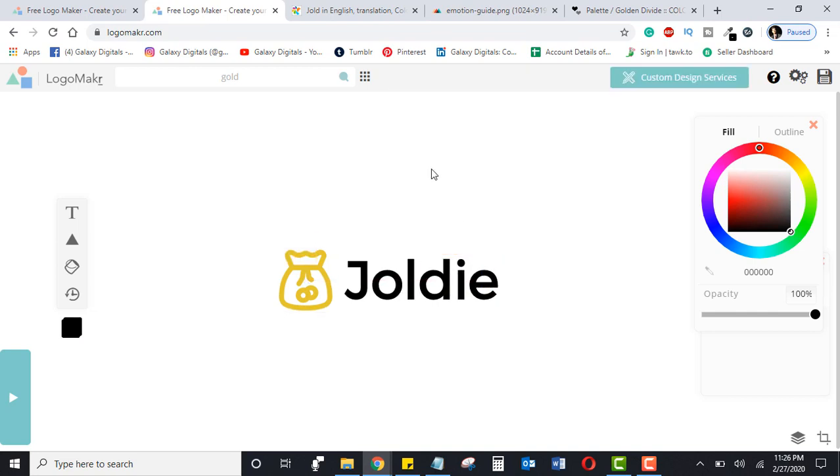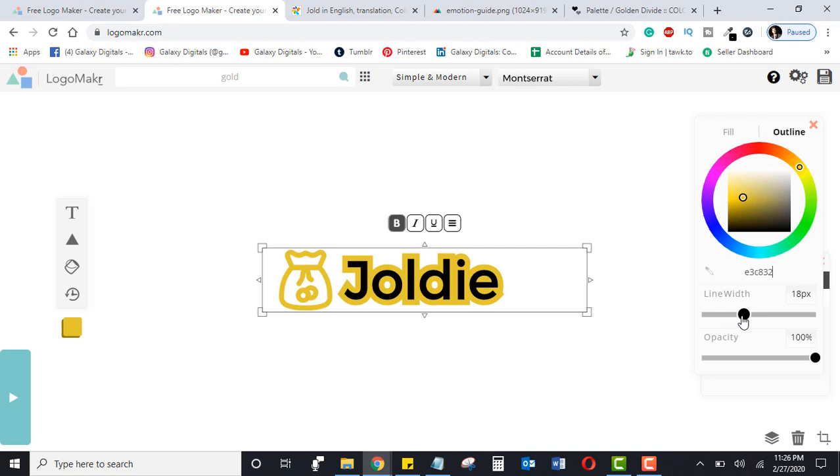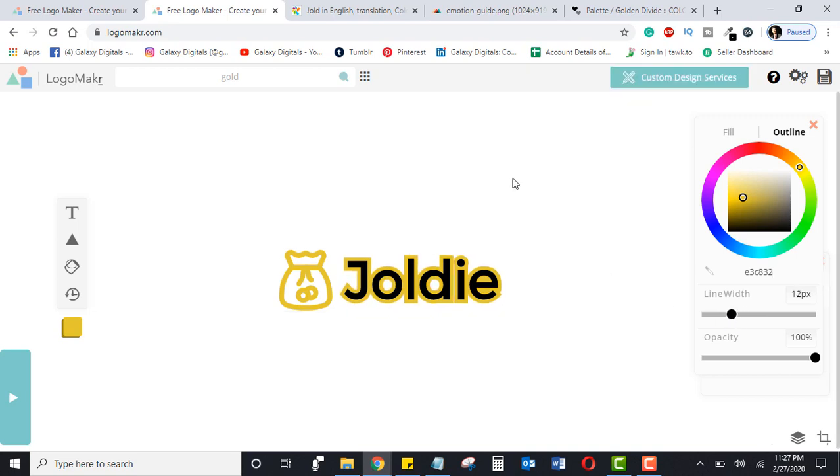So guys, I'm not a professional graphic designer, so I'll give you an idea how to make a free logo. So guys, let's do other things like give it an outline. Click on here, outline, and you can give outline color or change the line width. So guys, let's copy this color. Click on this eyedropper icon and click on it. As you can see, the color hex code is copied here. So you can choose the line width from here, or you can also